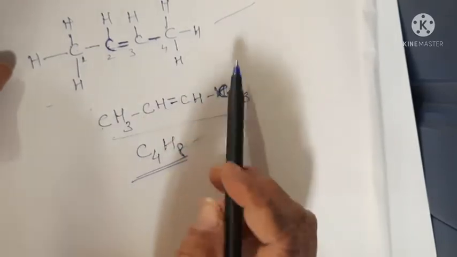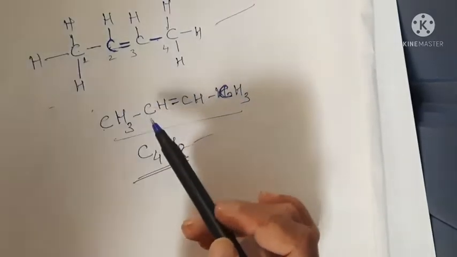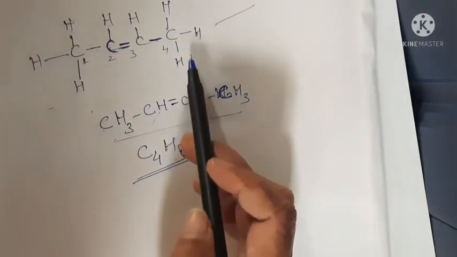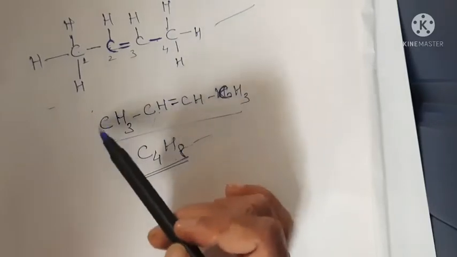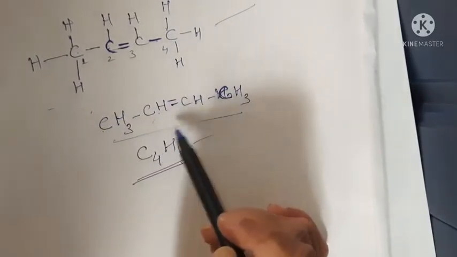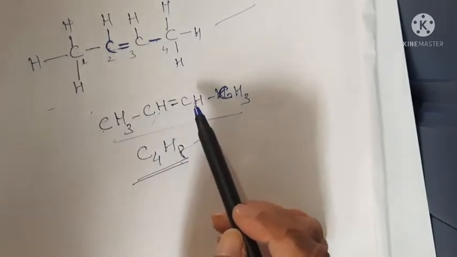This is another. So if you get such types of formulas, please don't get confused. Because this is also butane, this is butene, this is also butene, but this is the structural formula, the long form of the formula, and this is the condensed formula. So if you get such structures, you should be able to tell whether a particular hydrocarbon is an alkene, alkyne or an alkane.